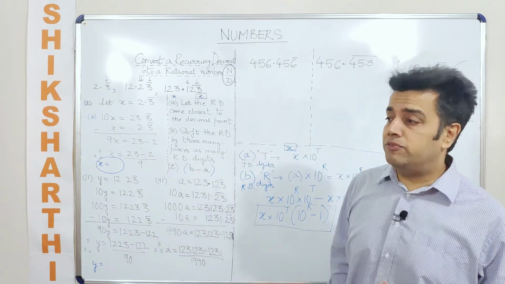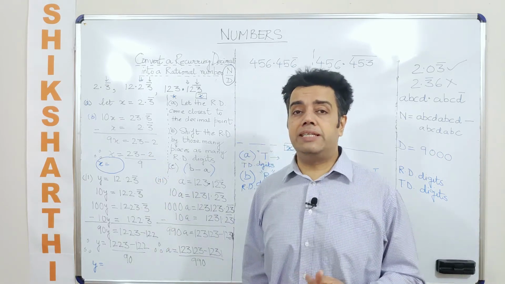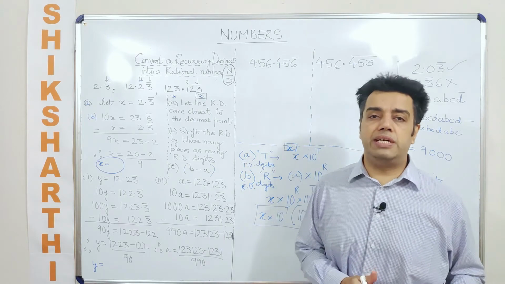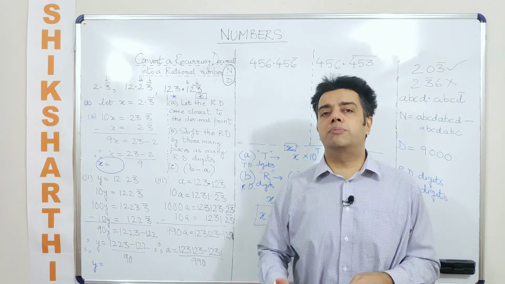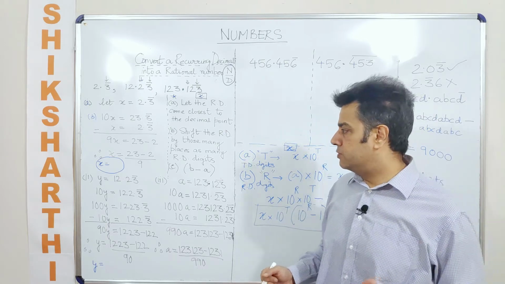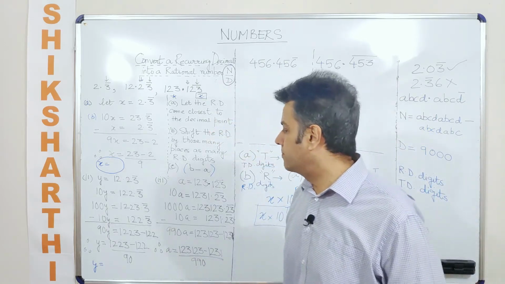Now your question here may be, why have I not written it in the simplest form of a fraction? What is the simplest form of a fraction? One in which the numerator and the denominator have no common factor other than 1. So there is a reason behind this. We'll come to that reason in a few minutes.